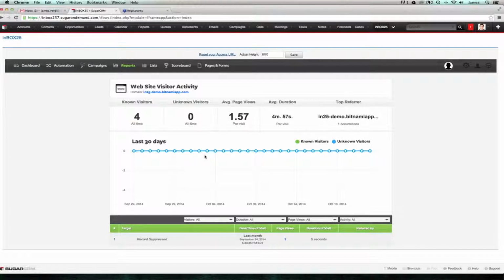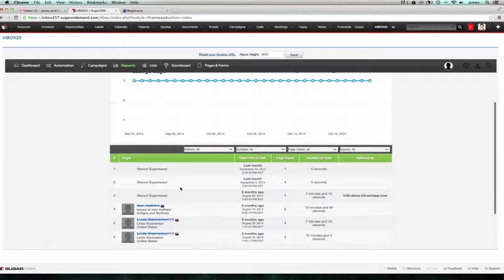If we look below here, there's a line graph that, if there's actually any information on it, in our case there's not, because our website's not really too high traffic in terms of our demo environment, our demo website. This line graph breaks down both unknown and known visitors to your website, based on the day. And if we look lower here, once again,